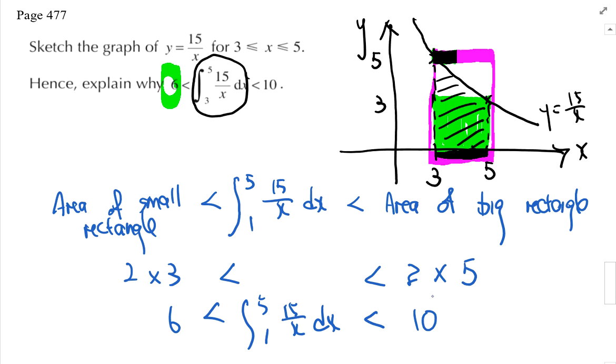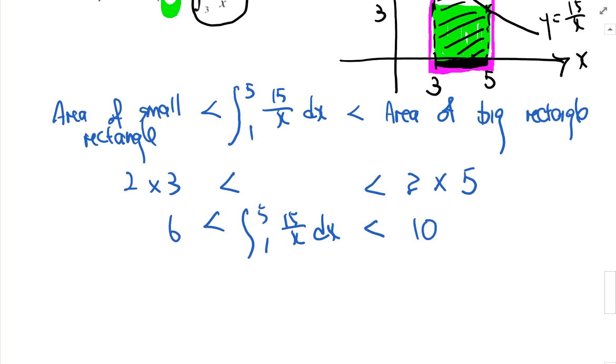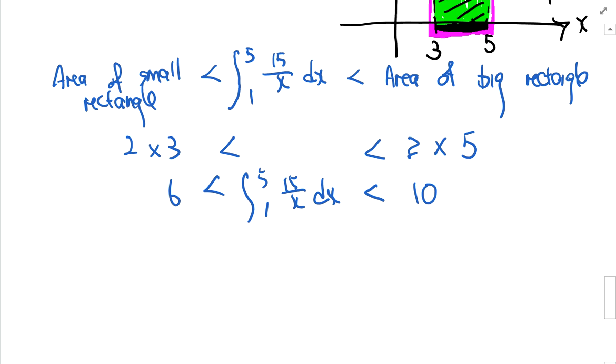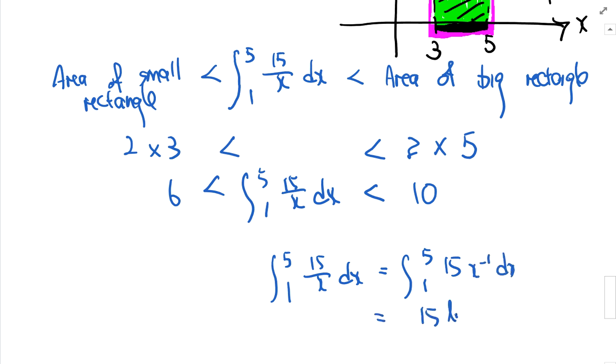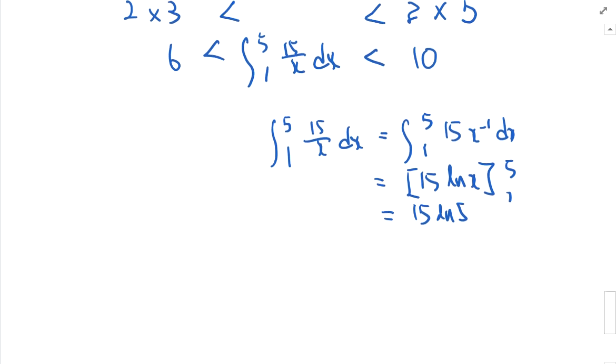All right, some of you will choose to do this again, so I'm just going to show you. Teacher, what if I'm going to do the integration? Which you can integrate, I know. So if I were to integrate, this is what you have, right? You get 15 ln x, and you're supposed to substitute 5 and 1 inside. So if you put 15 ln 5 minus 15 ln 1,